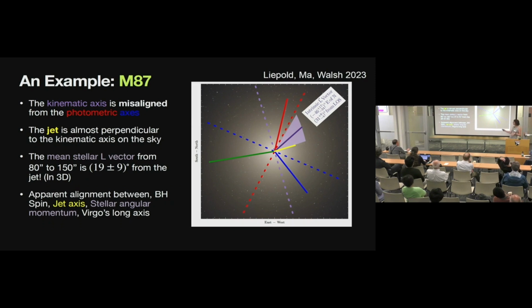And you can also look at much larger scales. If you look at the galaxies within the Virgo cluster as a whole, that has a relatively elongated elliptical shape. And that axis in 3D also happens to align fairly closely with this. So there's this fairly intriguing feature that all the way down from event horizon scale out to megaparsec scale, there's this shared axis that seems to be important. So we're intrigued by this and not entirely sure what to do with it yet, but we're actively pursuing that